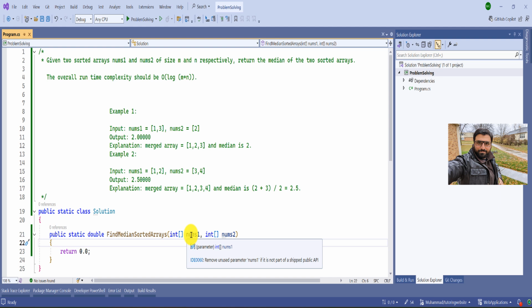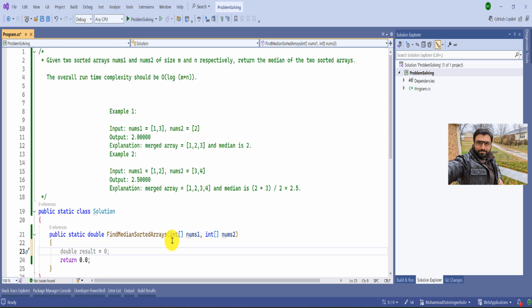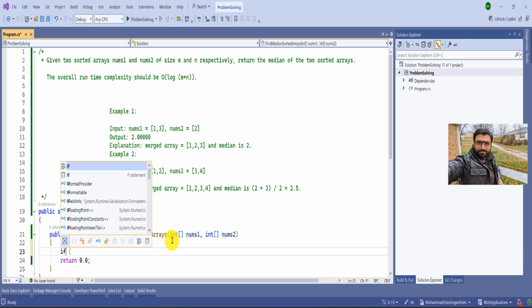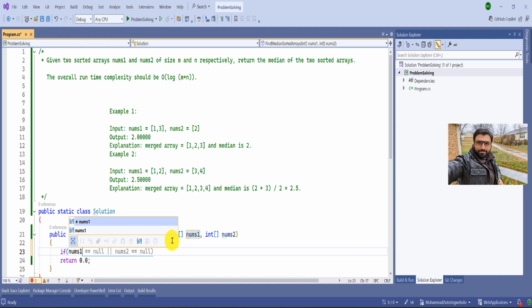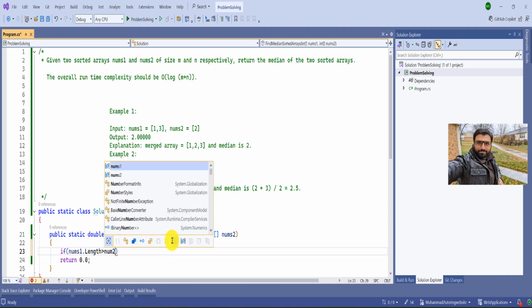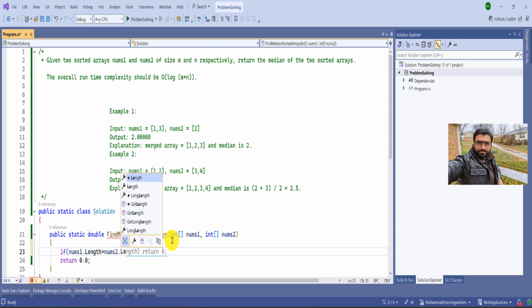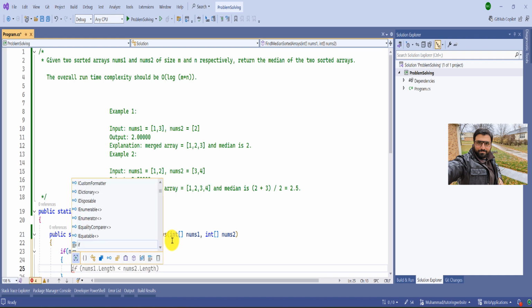First, we need to make sure that the array on the left side has a smaller number of elements than the array on the right side, because we're doing all the comparisons based on the smaller element array. Okay, so how do we do that? First, we say if nums1.length is more than nums2.length, then we need to switch it. Return